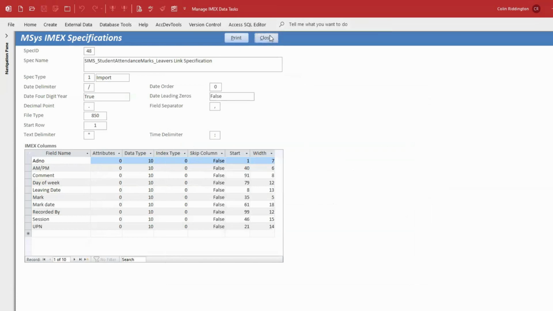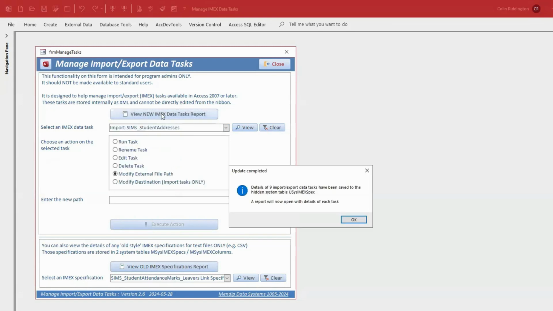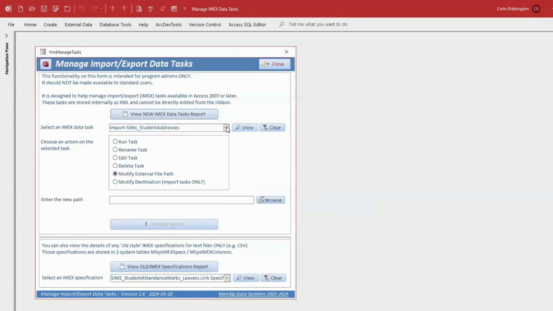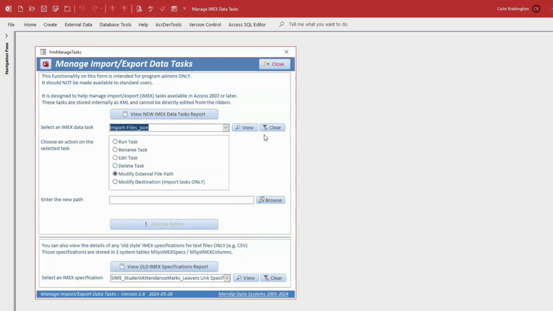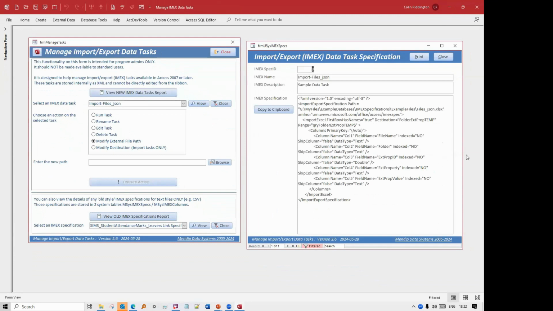Now on here, it's not yet in that list. I need to refresh that list, and to do that, I've now got 9 of those, and I can now find this one here, and if I choose to, I can now edit it. Without my app,